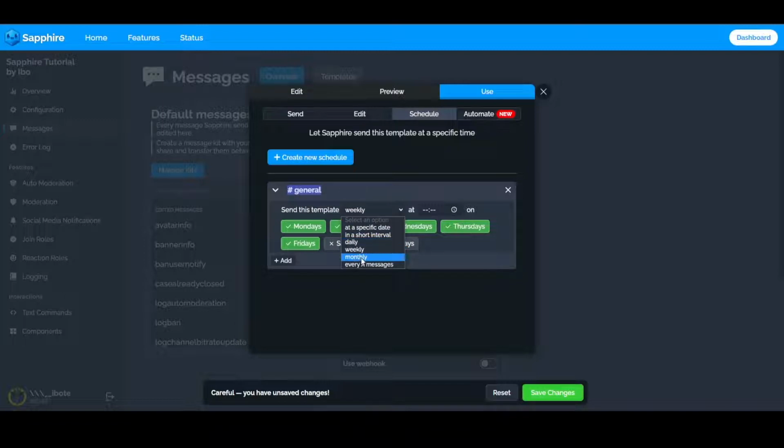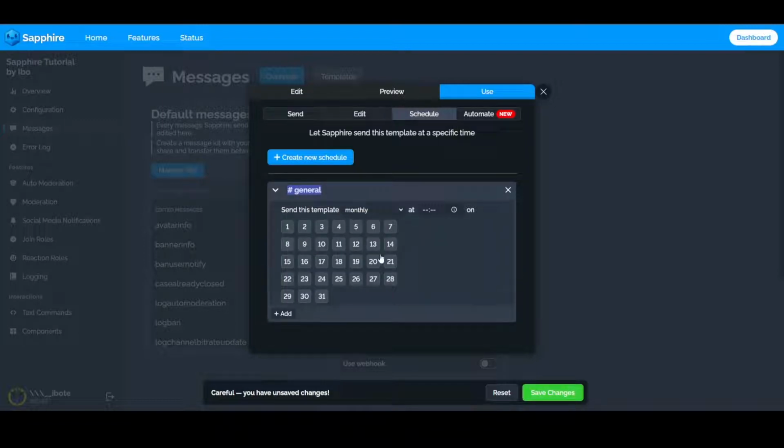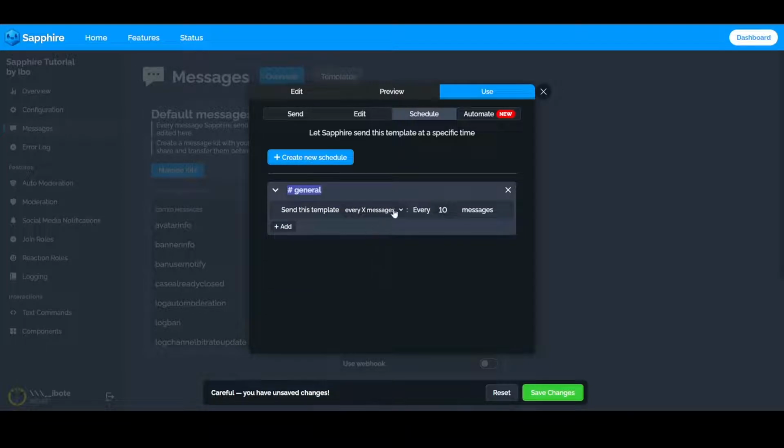And furthermore, we have the monthly option. Here you can literally choose any day of the month, and Sapphire will just send the template on these days of every month. If you have selected the 31st of the month, then Sapphire will just not send it if the month doesn't have 31 days. So yeah, that's how that works. And we also have every X messages,